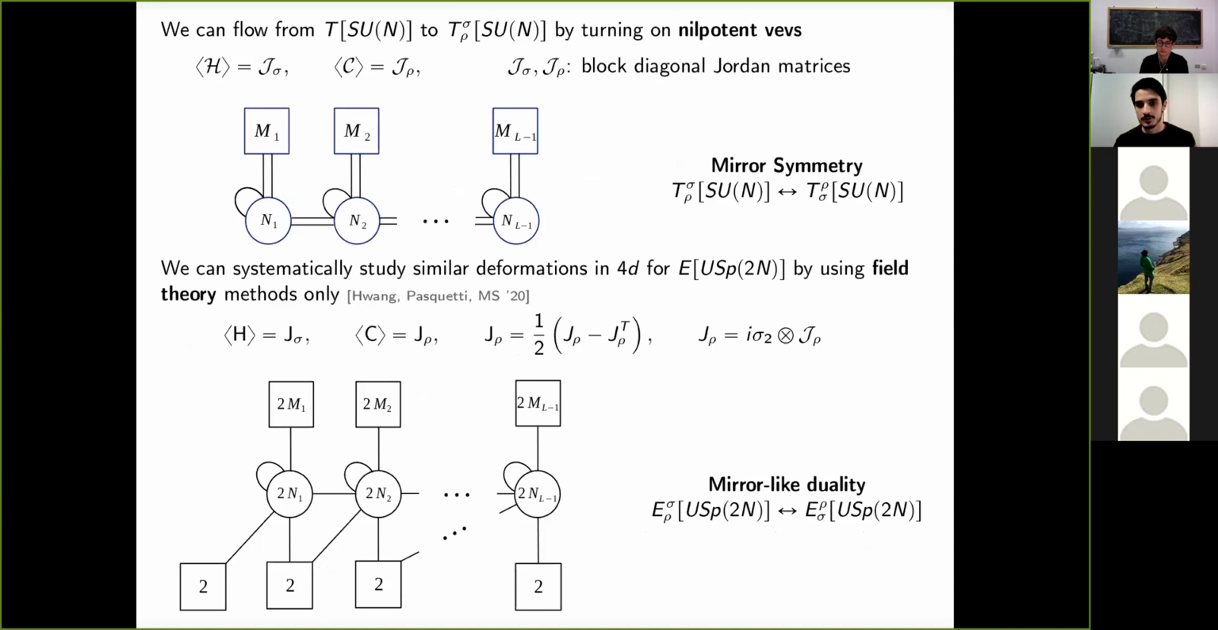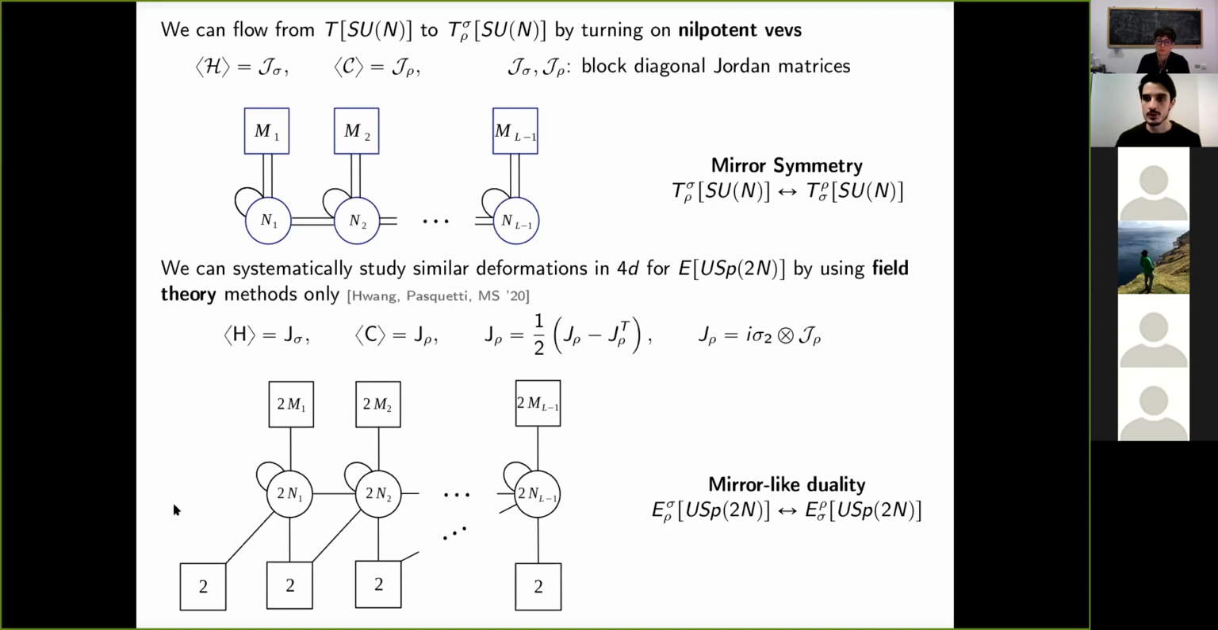So for this slide, I will change topic a little bit because these results are not a direct uplift of results for 2D CFT free field correlators. Instead, to find these 4D mirror-like dualities, we took inspiration from 3 dimensions. Indeed, in 3D, the T[SU(N)] theory actually belongs to a larger class of theories, which are linear quiver gauge theories